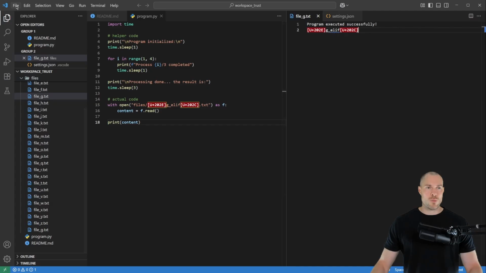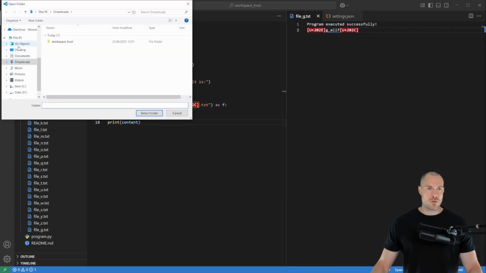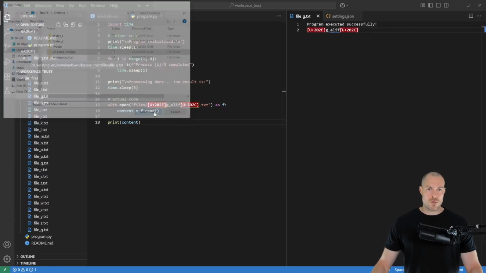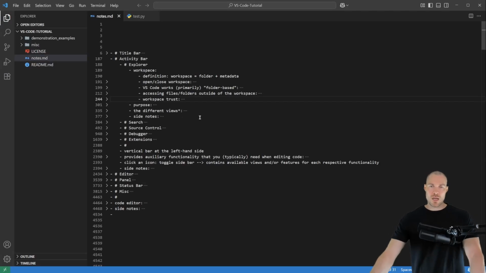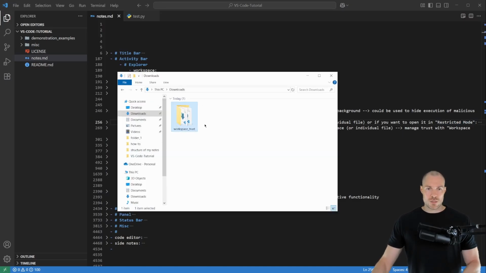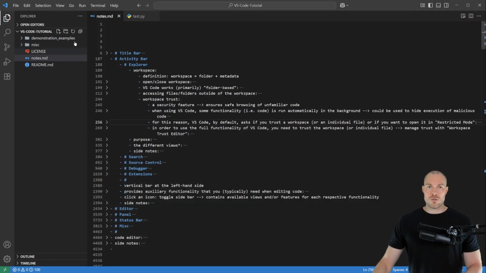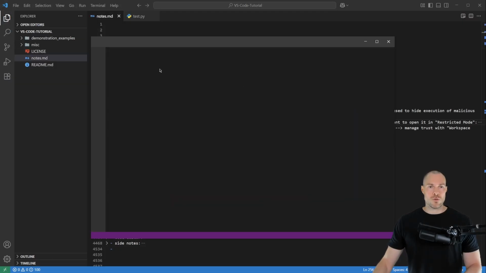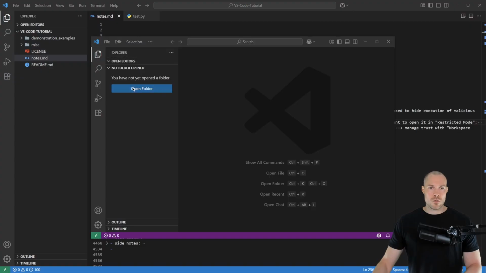Okay, so now let's go back to our VS Code folder. So open desktop VS Code. And hopefully this example shows why VS Code asks you all the time if you trust the authors of a workspace, or if you want to open the workspace in so-called restricted mode. So to show you what that restricted mode looks like, let me just copy this folder here, and then let's open this folder in a new VS Code instance. So new window, and then open folder,